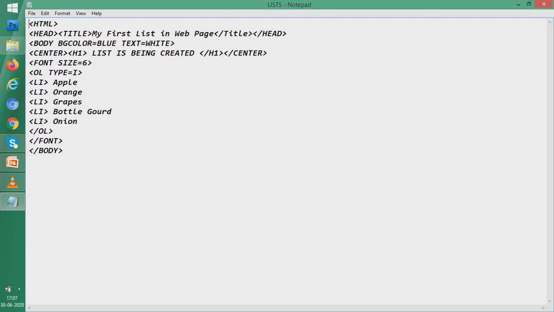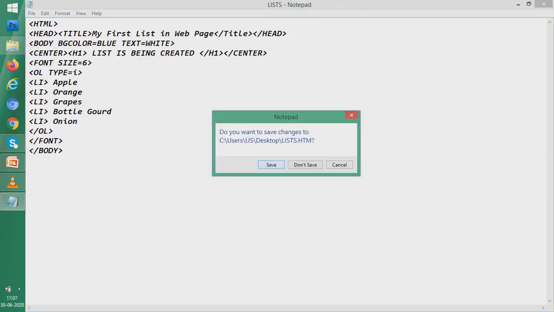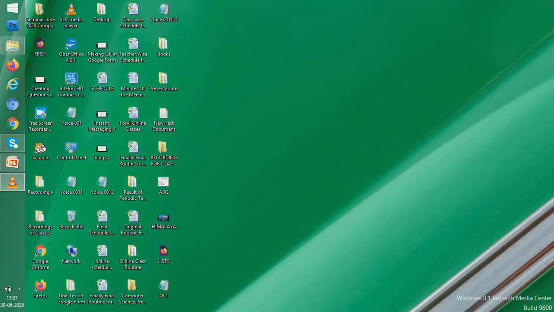We used a digit 1, then a capital alphabet A, then a small alphabet a, then a Roman number I, then a small Roman number i. And you are now seeing that we have many options in our hand. We can have an alphabet as a list leveler, or we can have a number or Roman numbers. So these are possible. So I think students, you have understood what an ordered list is.